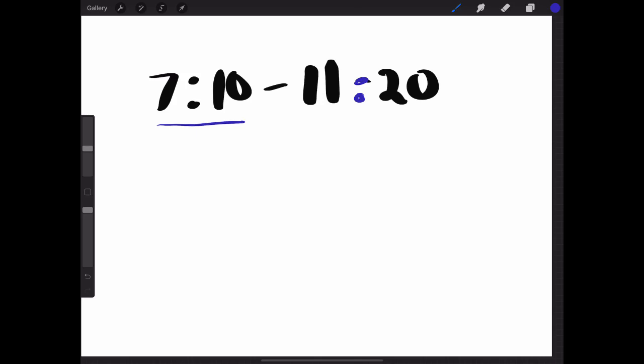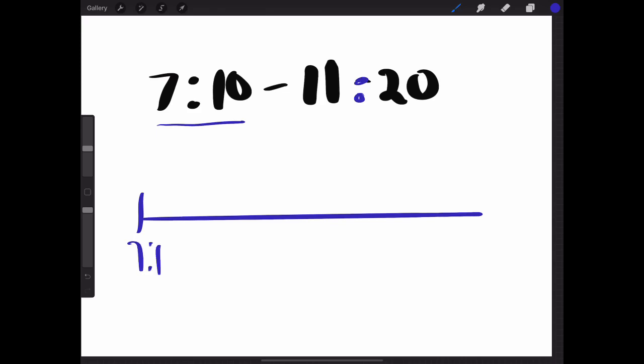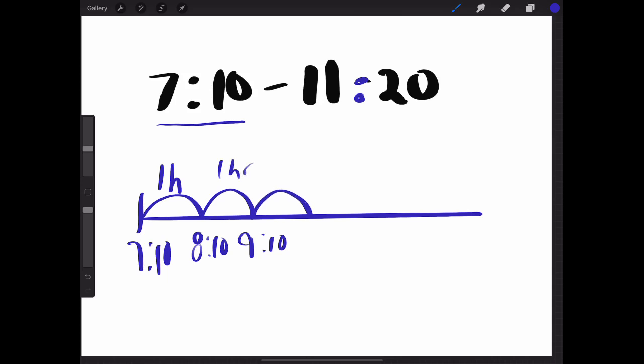So what we'll do, start our number line, and we're going to go up by each hour. So here's 7:10. One hour more, to give it a little jump, is going to be 8:10. That's 1 hour. Another hour, 9:10. Another hour, 10:10. Another hour,